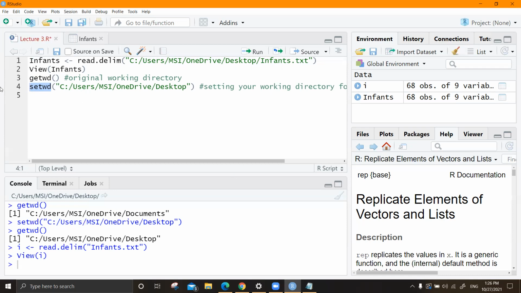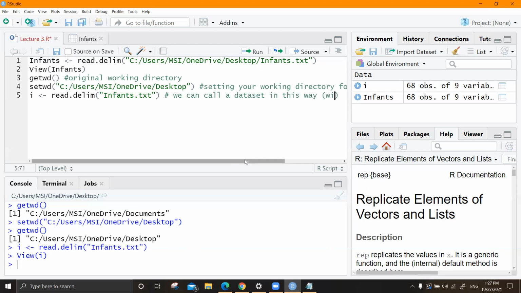Just because of that, I have my infants dataset saved in this location so that I can directly call it. So I'll have this one saved here and call a data set in this way.